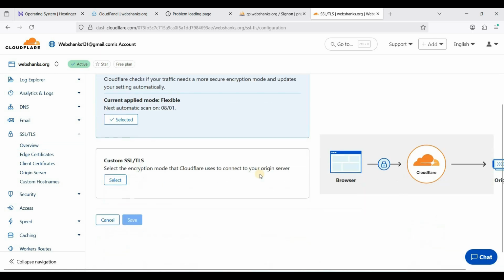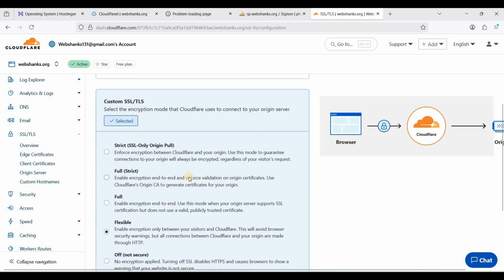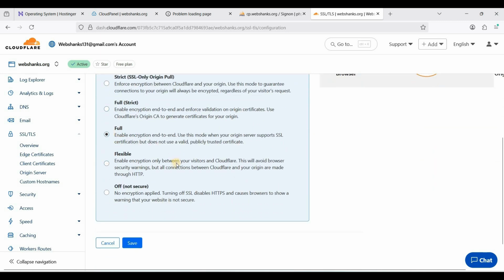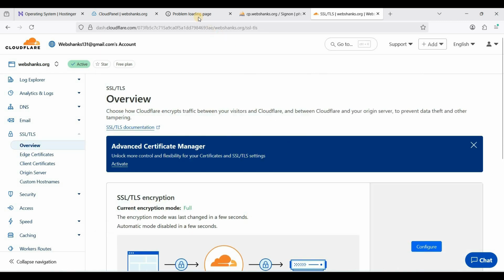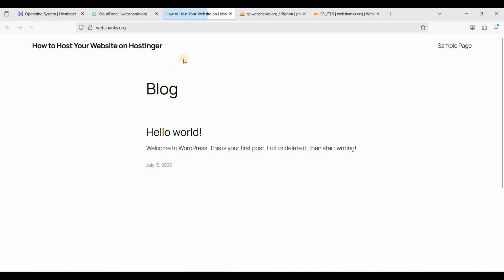Let's configure. Let's choose custom SSL and set this to full and click save. And now let's try again. Okay, great. So let's go to WP admin